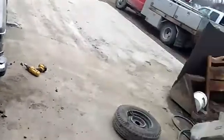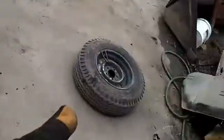I'm going to give a video on how to weld your front suspension in a derby car. It's very easy to do. All you have to do is take off your front tires and look at your front suspension, and all you do is find